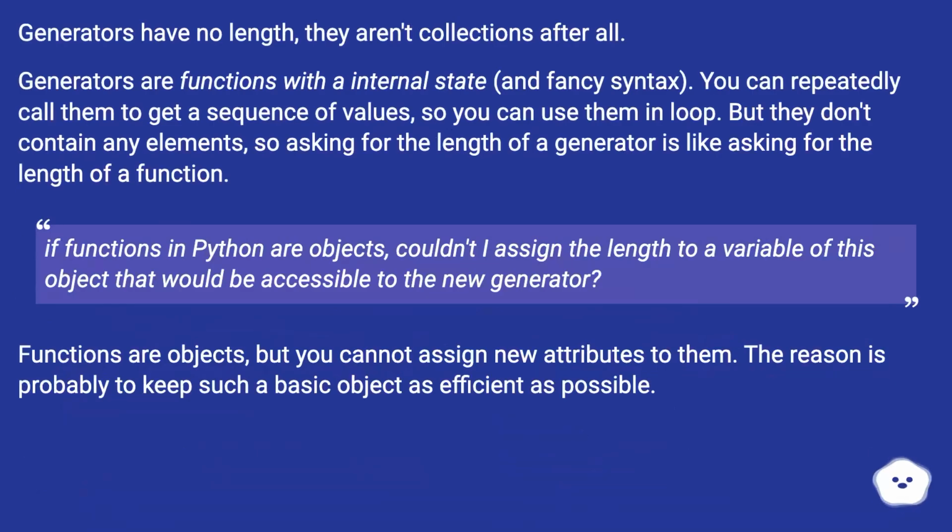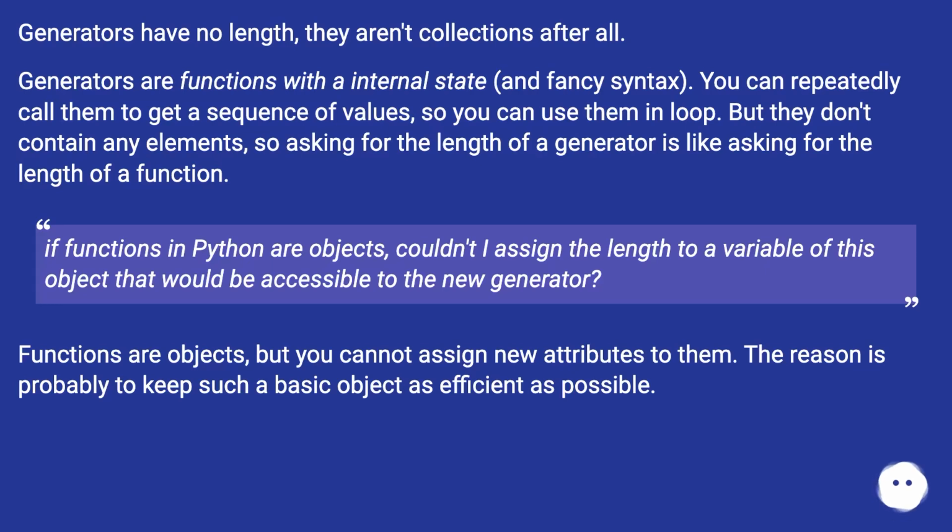So you may want to save the list somewhere if you also want to use the items. Generators have no length. They aren't collections, after all. Generators are functions with an internal state and fancy syntax. You can repeatedly call them to get a sequence of values, so you can use them in a loop. But they don't contain any elements, so asking for the length of a generator is like asking for the length